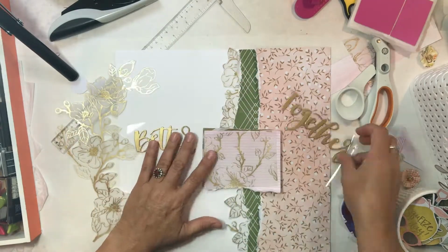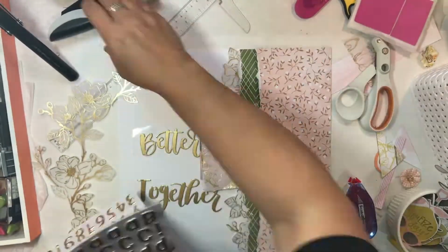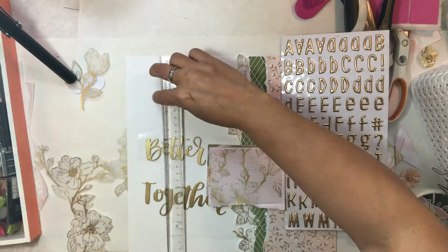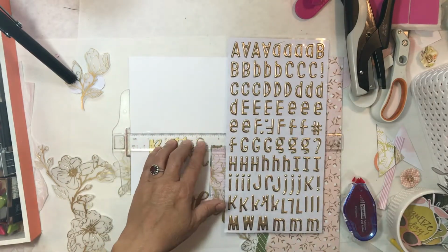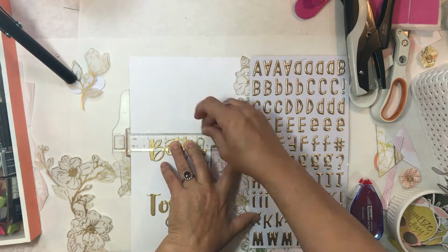So I kind of walked away from this layout for a day and came back to it once I ripped the pages. I knew I couldn't go any further. Like I ripped the papers for the left or the right side, and I couldn't even decide if I wanted it on the left or right side. So after I walked away for a while, for about a day, I came back to it, and I remembered